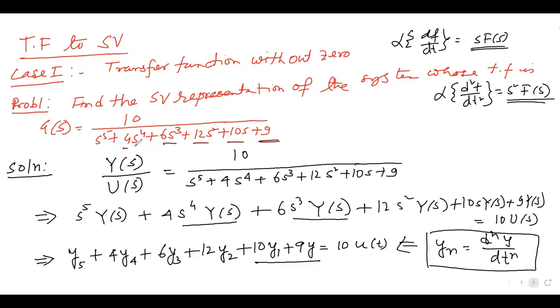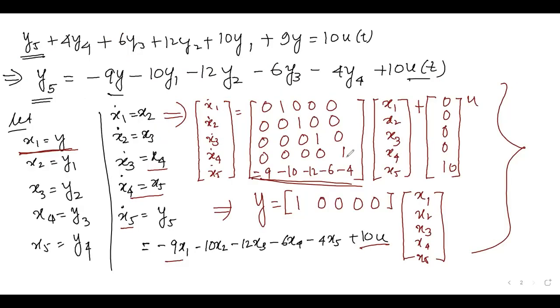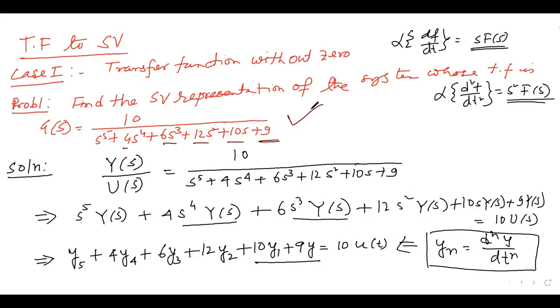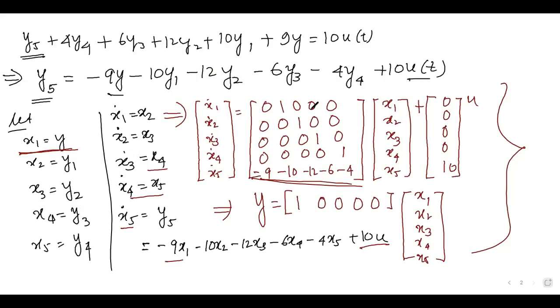Can you see? And the super diagonals are 1. All right, so this is the way when there is no zero in the system. Then an example: find the state variable representation of